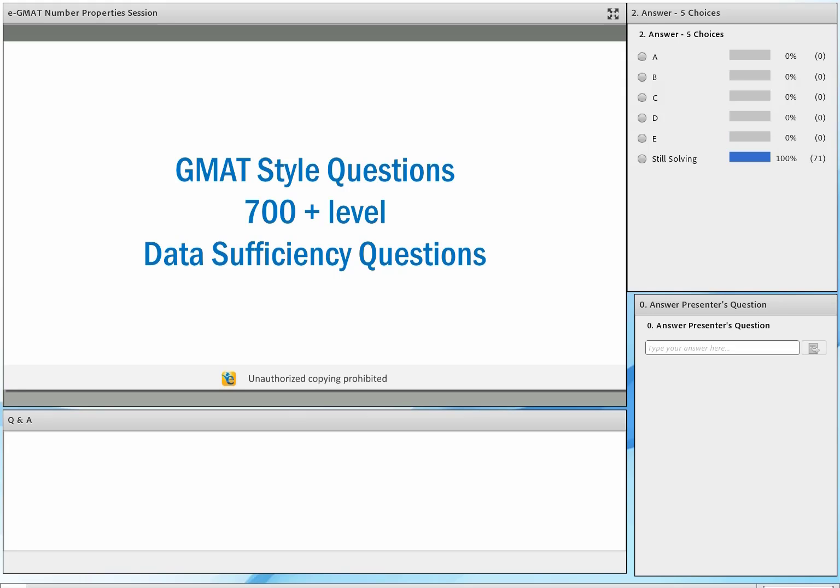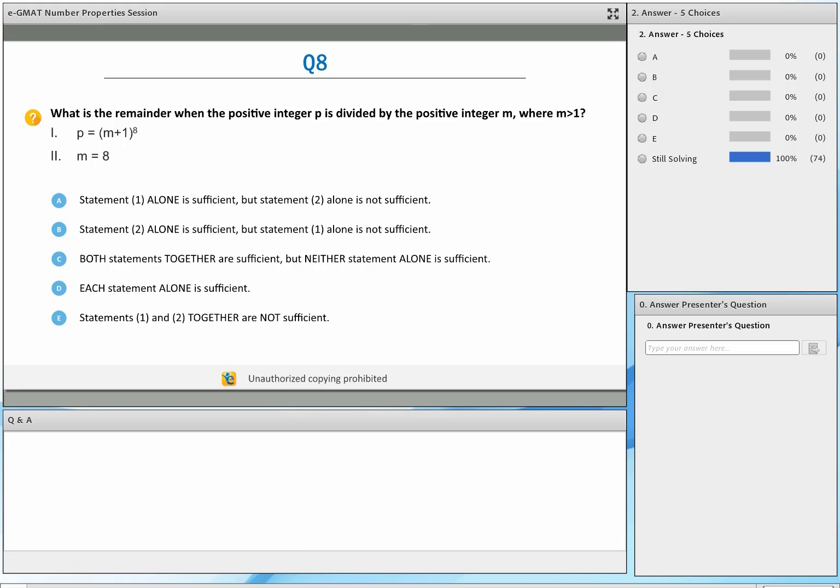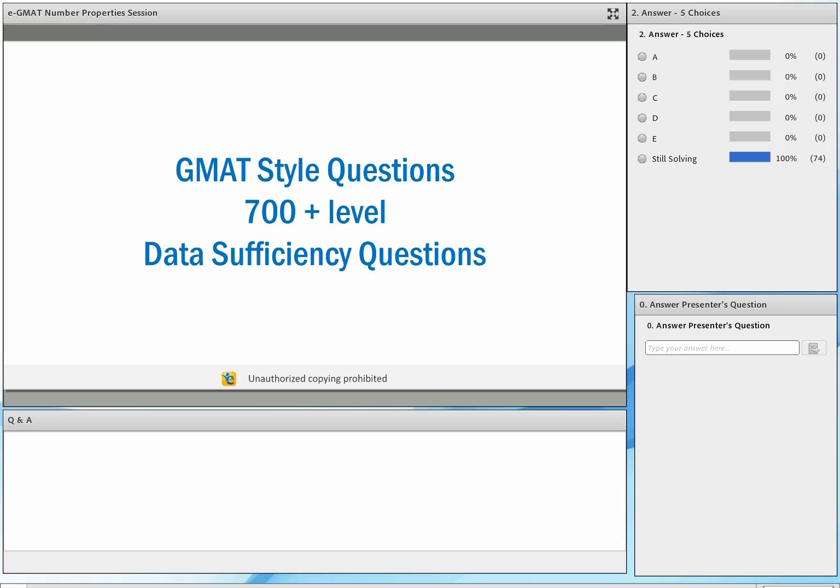Okay, so here is the question. Solve this step by step. Okay, let me tell you one thing before you go into solving this. Whenever you read a data sufficiency question, I want you to spend a lot of time on the question statement. Determine your approach first. Very, very important. Okay, and then once you simplify your question statement, once you know how is it that you need to approach the question to solve it, what is that information that you need from the question, from the individual statements, keep that in mind, and then approach the individual statements one at a time. Very important. Okay, so go ahead and solve this.